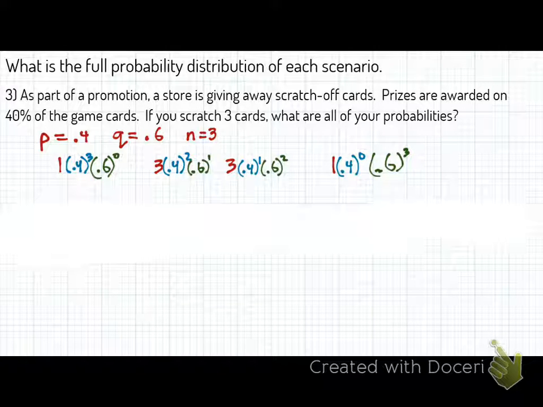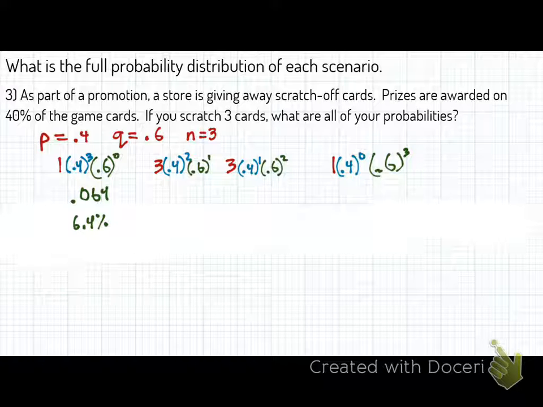Okay, so now we're calculating the first one, which is the probability of 3 successful cards, meaning we have 3 cards that are wins. So we're going to do 1 times 0.4 times 0.4 times 0.4 and times 1 again, right? What is the decimal answer, everyone? 0.064. And what is the percentage there? 6.4%. Good. That means you have a 6.4% probability of getting all 3 cards as winners. Does that make sense?